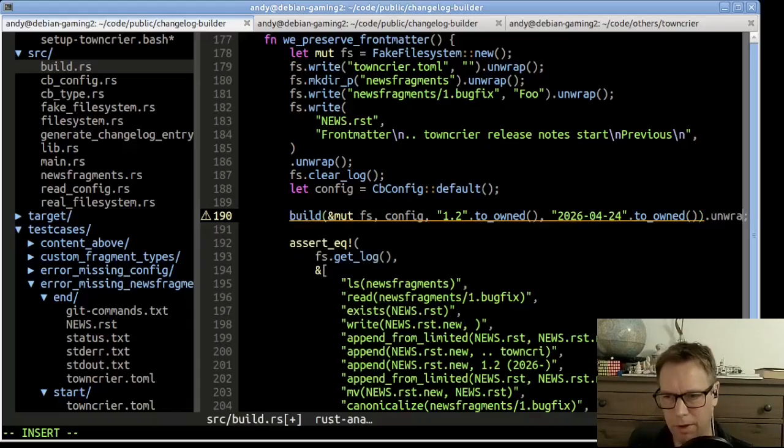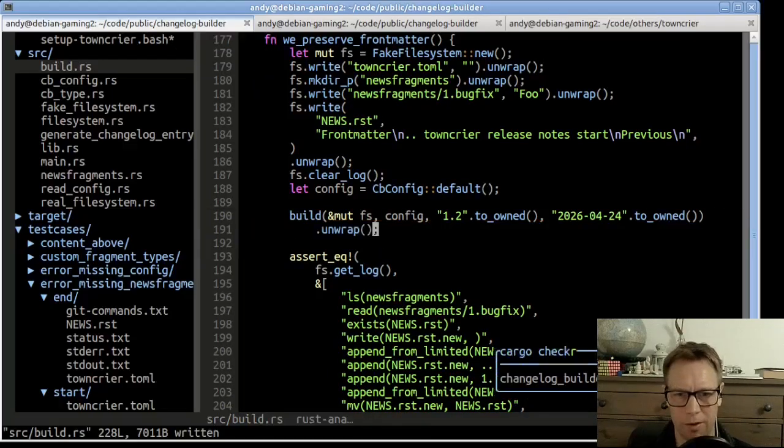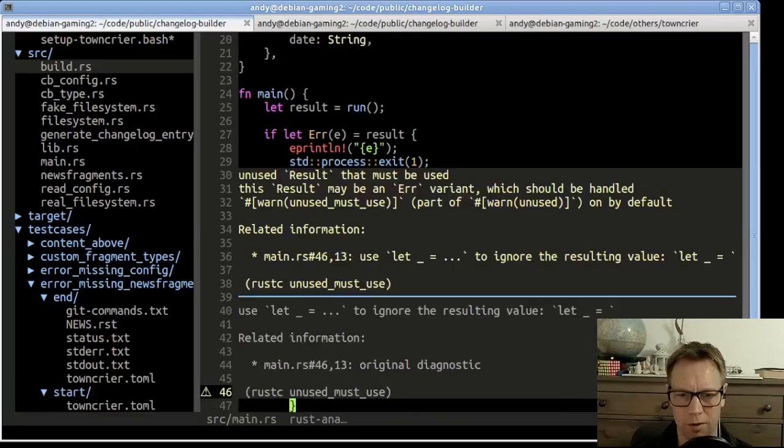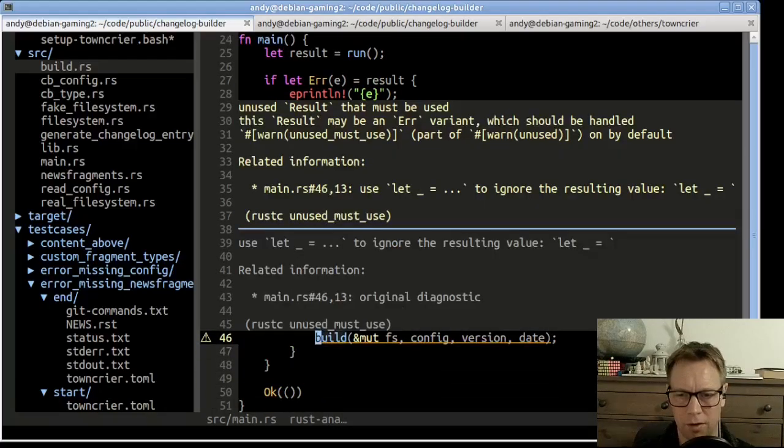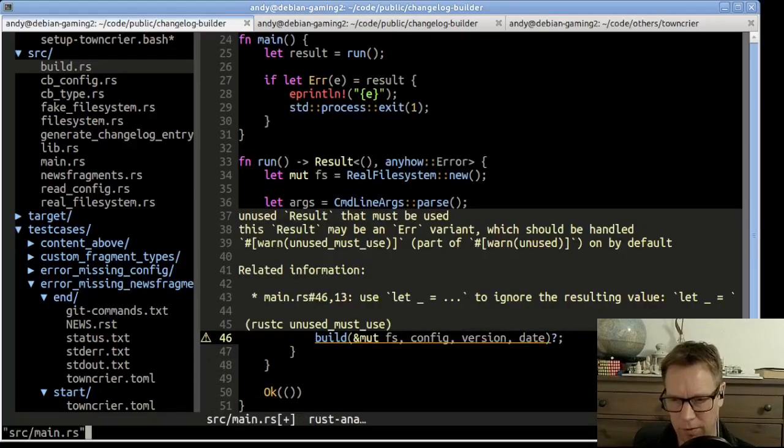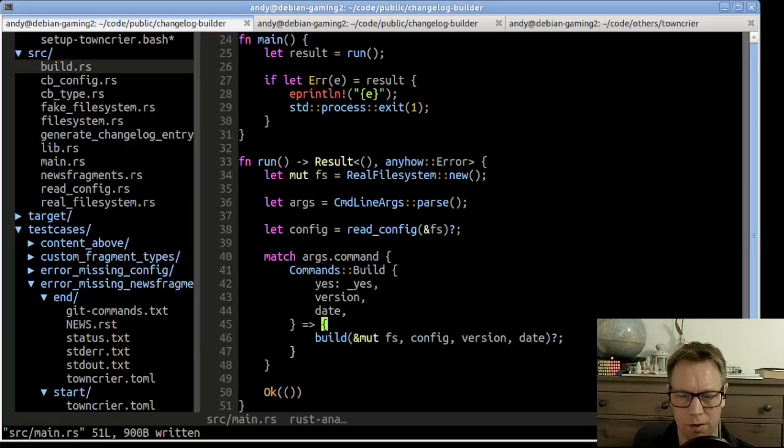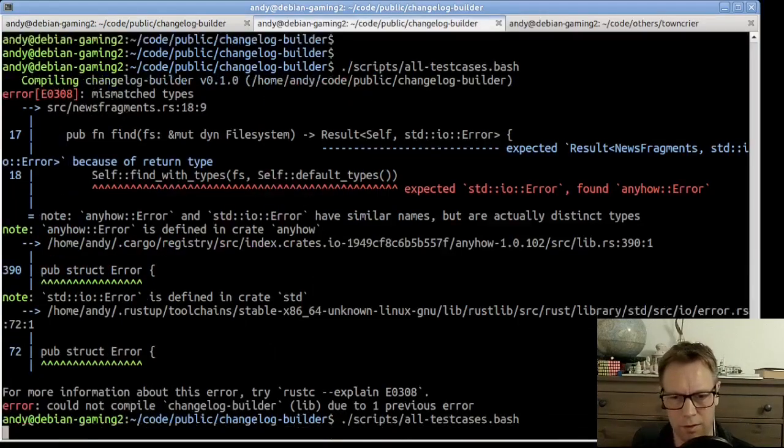If you just unwrap in a test, it'll tell you exactly which line the unwrap was on, which is useful. All right, so now we missed a question mark on build, which means that any errors that come out of build will jump straight out to here and get printed out, which is what we want to standard error. Okay, so